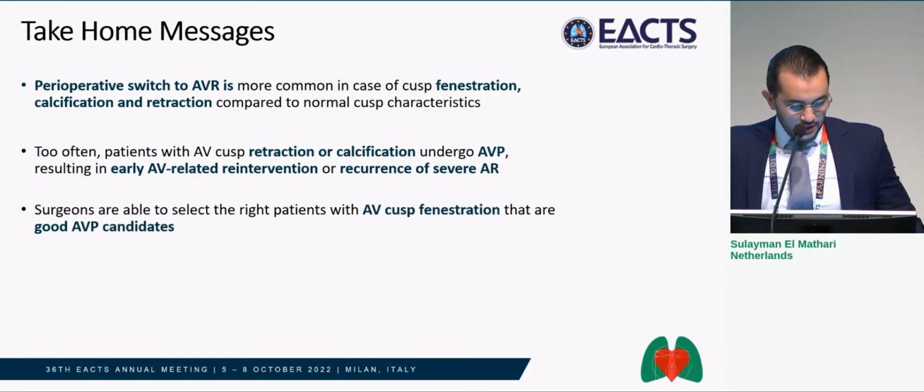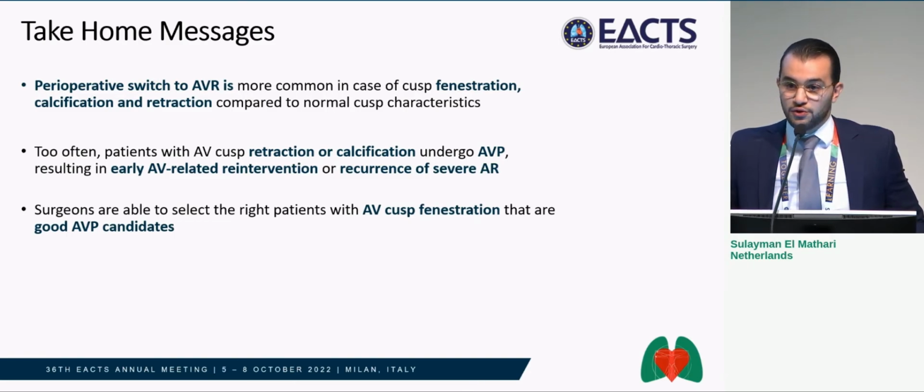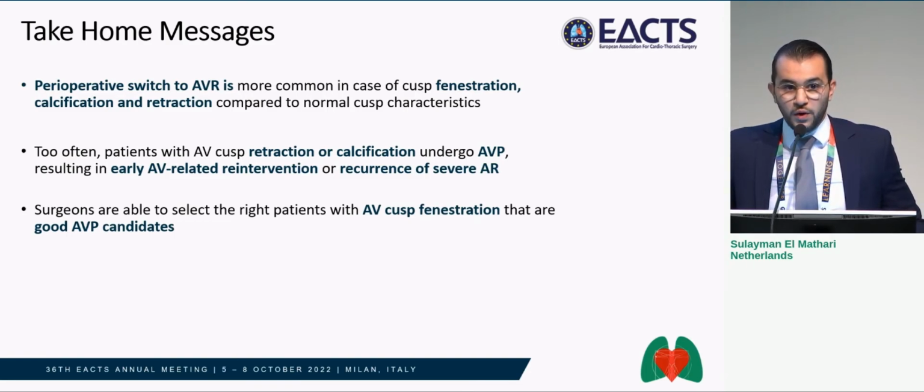Then another interesting result of this study is that patients with aortic valve cusp fenestration did not seem to have an increased risk for re-intervention or recurrence of severe aortic regurgitation, despite having a significant increase for switch to AVR perioperative. This implies that surgeons are well able to appropriately distinguish feasibility for aortic valve repair or aortic valve replacement